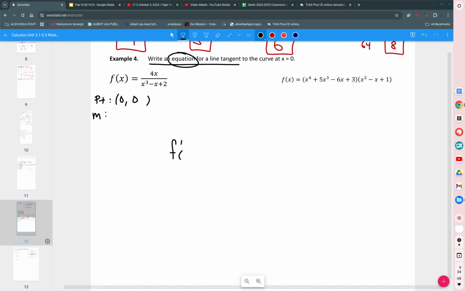F prime of x is equal to, I take the derivative of the top, which is 4, times the bottom left alone, x cubed minus x plus 2, minus the derivative of the bottom, which is 3x squared minus 1, times the top. And that all sits over